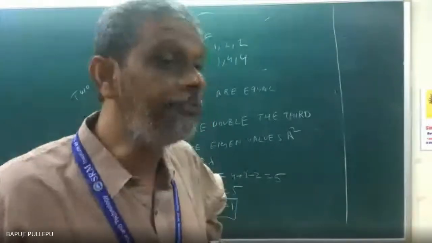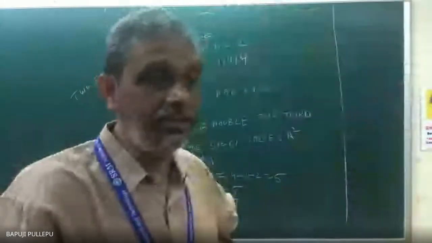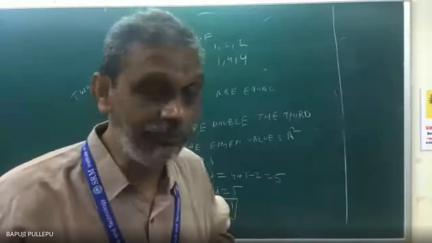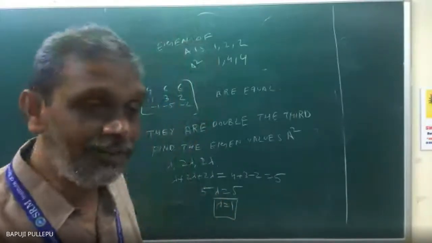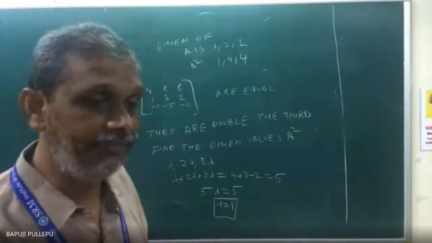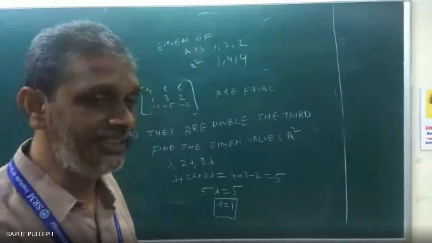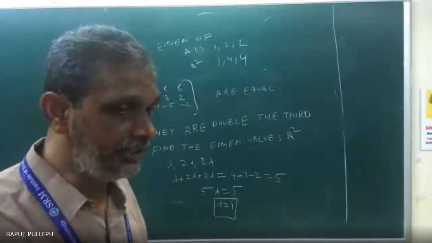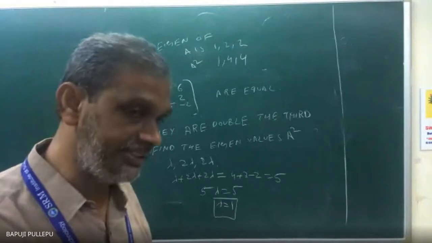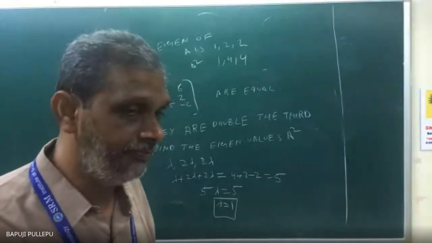They are double of the third. Okay, sir. The third one is not double. I couldn't comprehend, sir. Sorry. If you take that condition, what will you get? This problem says they are double of the third. What you said, if I take it for granted as another problem, then frame it now.